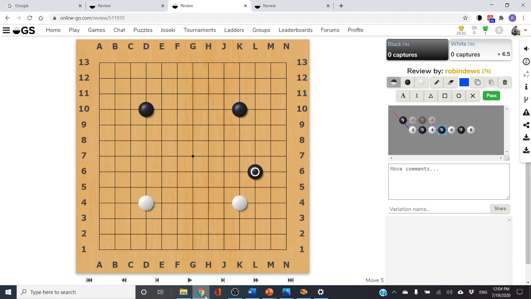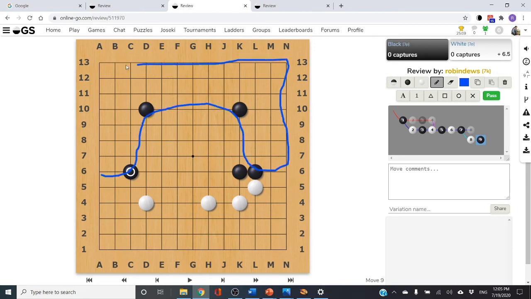Black approaches, white stone, and white has a number of choices here. In this case white attaches, black comes up, and then white approaches. White could equally use this opportunity to make this kind of shape, but this might be a bit too good for black, because then black would get a second approach, and I hope you can see that now black's potential area here